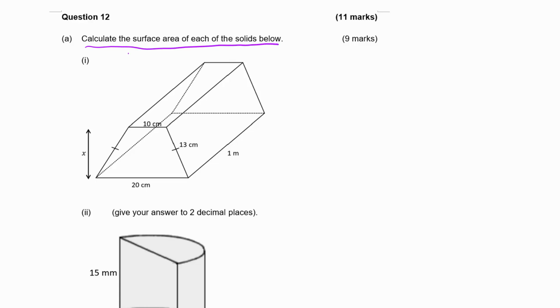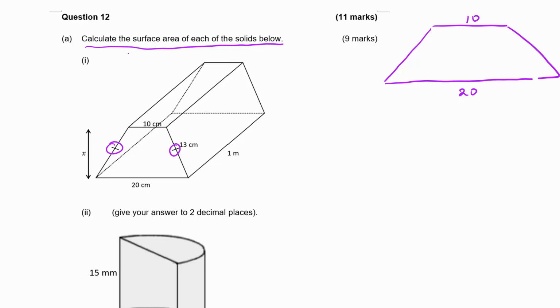Calculate the surface area of each of the solids below. Now, for the first one, we've got this trapezoidal end, and we're going to have to work out the height of that. Now, if we know that this is 10 and this is 20,